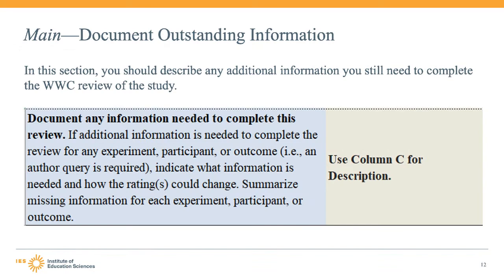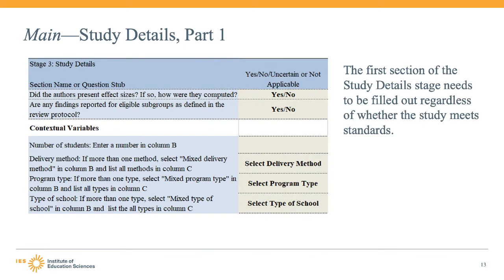If there was any information not present in the study that might affect the final rating of the study or any experiments in the study, in this part of the study review guide, you will indicate what information is required to complete the review and how that might impact the rating. The final stage of the main tab of the study review guide is the study details page. This first section of the study details should always be completed regardless of whether the study meets WWC's single case